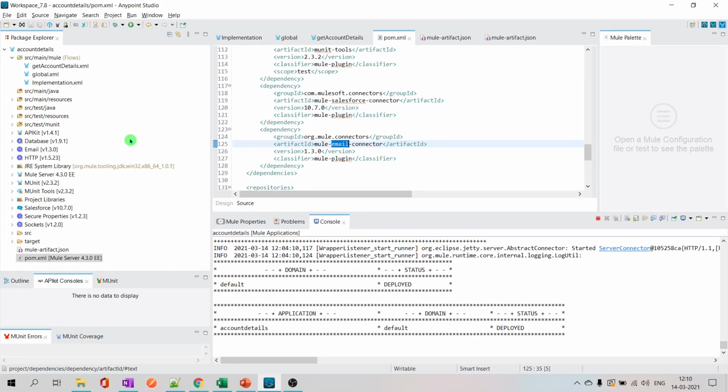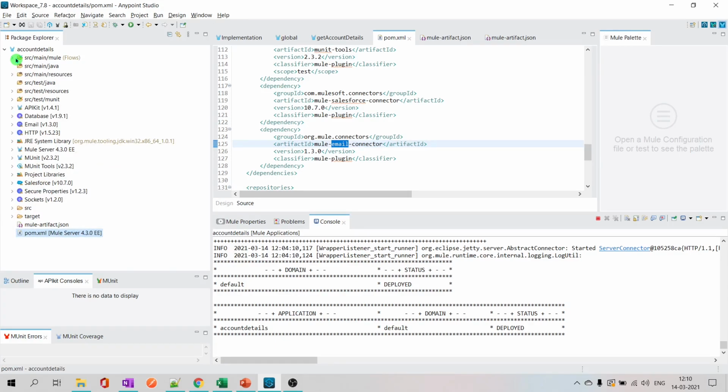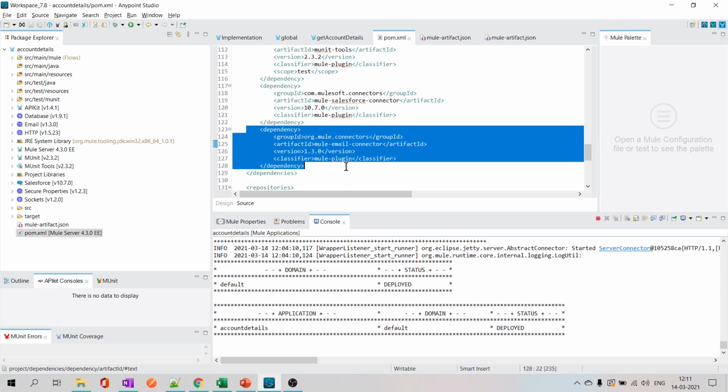If you did not recognize by now, let me tell you, this Mule project structure is a Mavenized structure. I think from Mule 3.8, every project is Mavenized. This is the Maven framework. In this framework, POM is an important artifact. You will be managing all your dependencies through pom.xml. If you remember, as I said, whenever I add a connector, it will be added to pom.xml automatically.